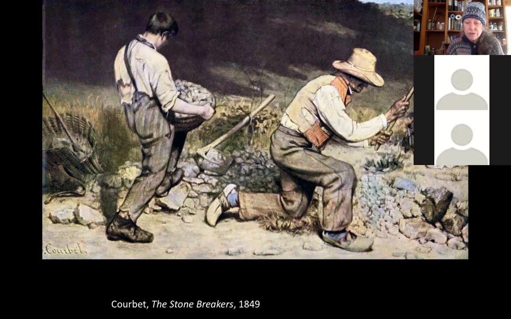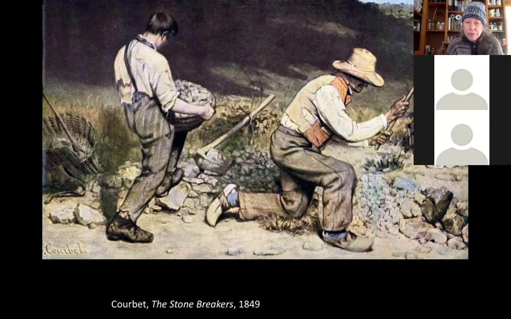So realism to Courbet, this artist here, who sort of invented it, was a reaction against academic art. That is, his famous saying was, "Show me an angel and I'll paint an angel." In other words, he's saying, look, those little naked babies with wings that you always paint flying around a naked woman, that's ridiculous. Nobody's ever seen one of those.